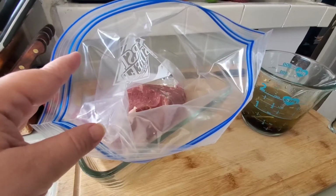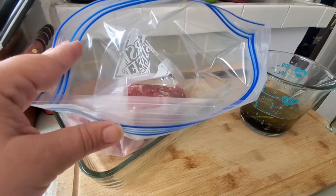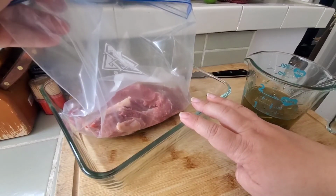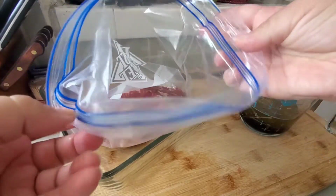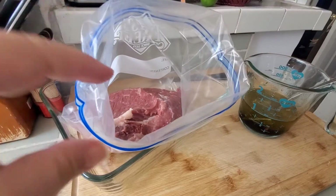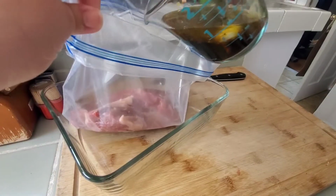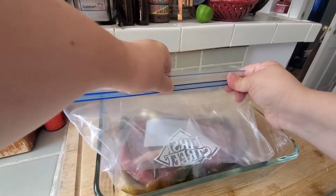So to make for easy cleanup later, I've gone ahead and I did rinse the meat. I've patted it dry, and I'm putting it in a Ziploc container that's gonna sit in a glass dish or just another dish, because it will go back in the fridge. But if it leaks by any chance, the dish is there to kind of protect it. And then I'm just gonna dump all of this in. Seal it up,